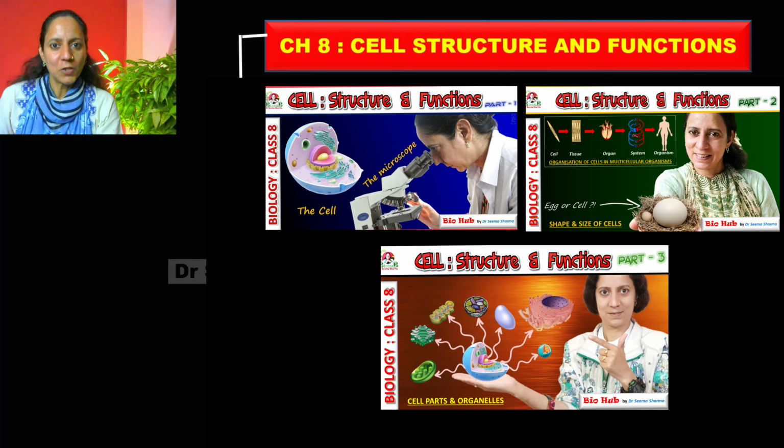Second thing which you have to keep in mind is that whenever you are drawing, you have to observe the diagram very carefully so that while drawing you can take care of the size and proportion of that part correctly. Third thing is while labeling, most of the labeling should be towards the right hand side of the diagram and there should be no crisscross labeling. Fourth point, while labeling any part of the diagram, the arrow should always point towards the part which is to be labeled. And at the bottom of the diagram, you have to write that this is the diagram of animal cell, plant cell, or whatever you have drawn.